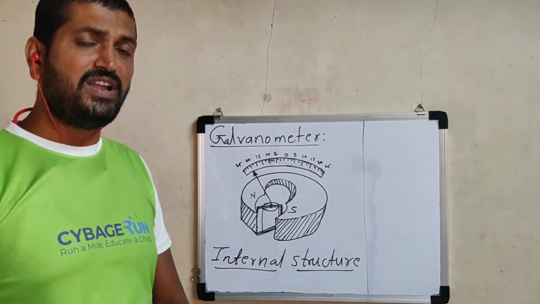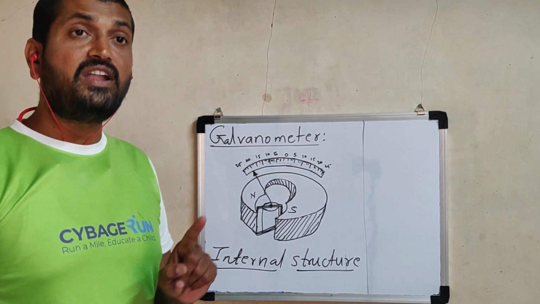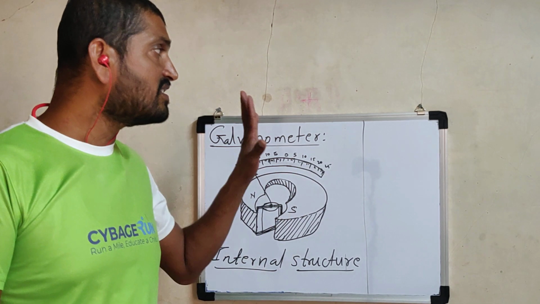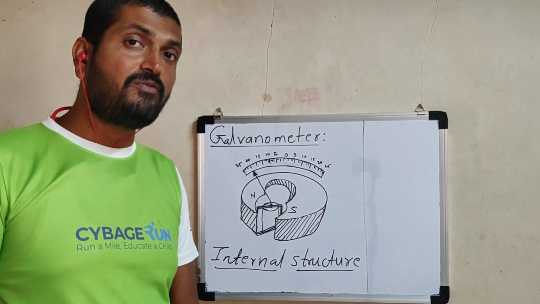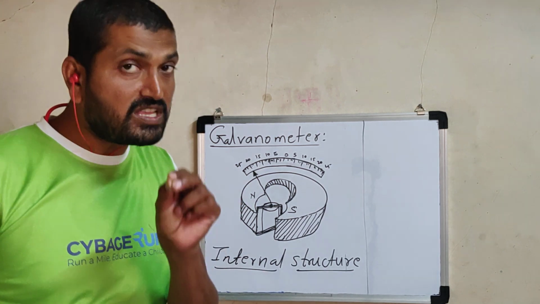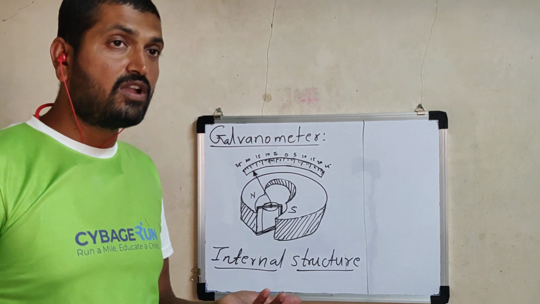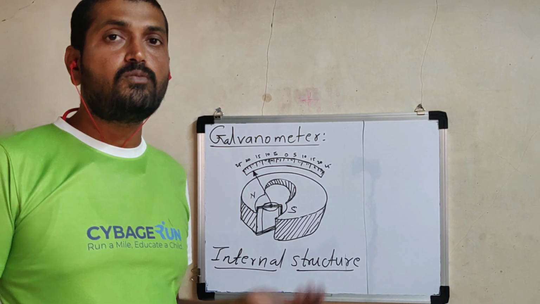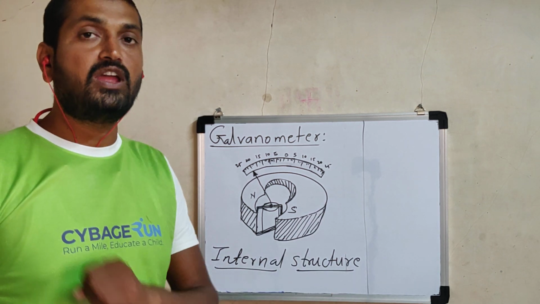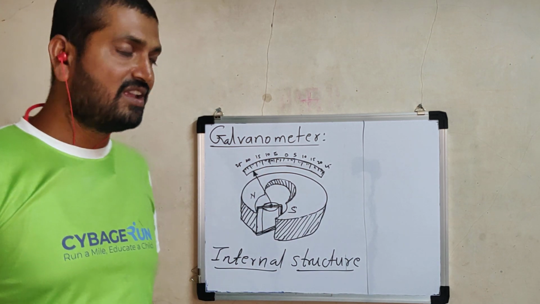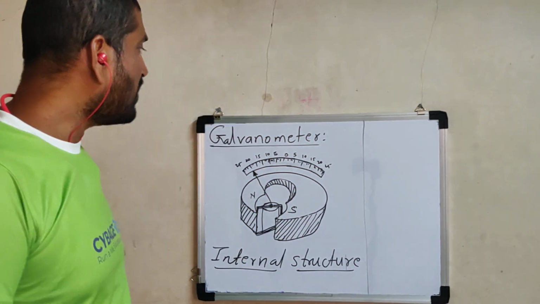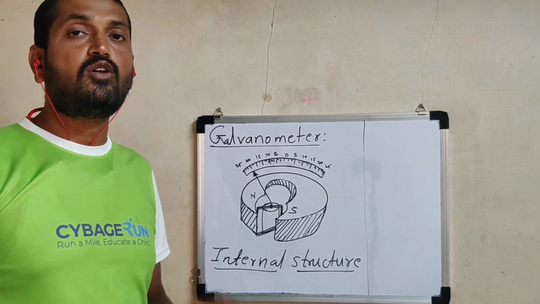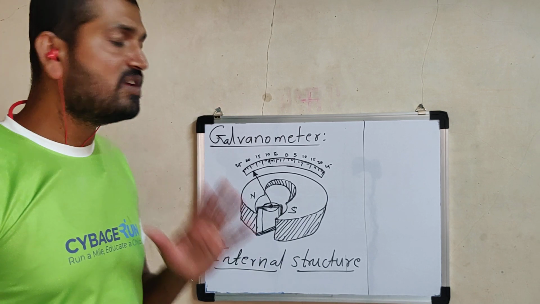It is similar to an ammeter. But an ammeter is specifically used only to measure electric current. Now this device detects the flow of current in a given circuit or measures only small current, not large current. Why not large current? Because there is a certain drawback. If we try to measure large current using a galvanometer, its coil will burn because it is highly delicate. Why it burns, we will discuss later. For the time being, the galvanometer definition is clear to you. It is a device to detect or measure a small amount of electric current in a given circuit.